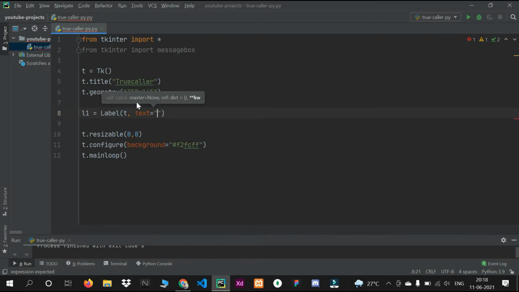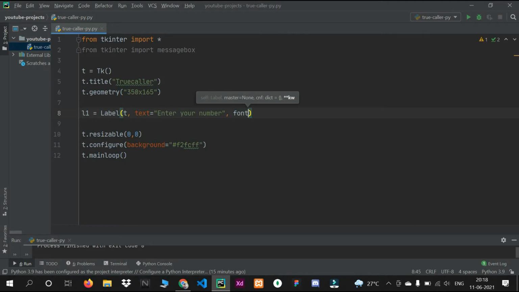So text will be simple: enter your number, and then I will also use one font, my favorite font, which is Poppins, and then you have to pass the font size. I will take 9, and you can change whatever you want. I'm just making one demo GUI. The main goal is to see the Python package, which is phonenumbers. So first let's build the GUI.